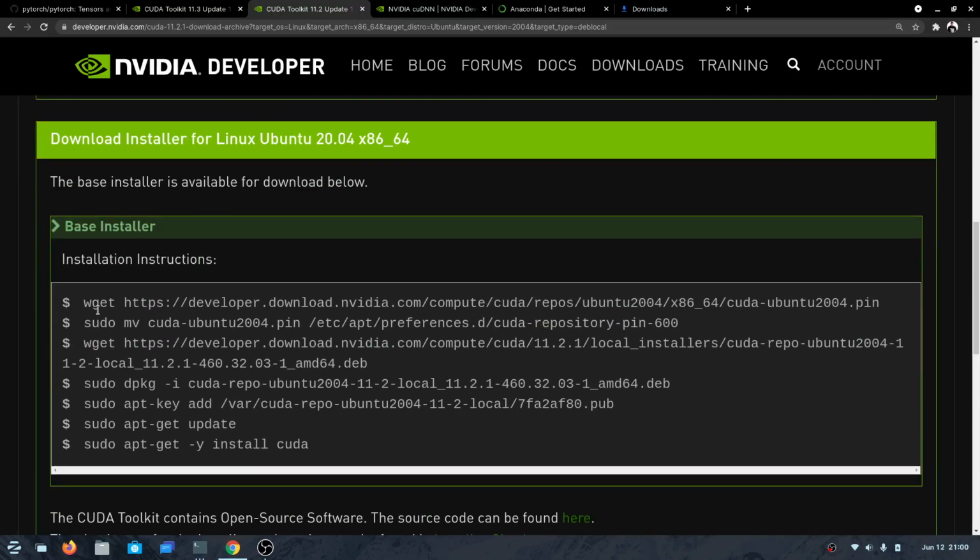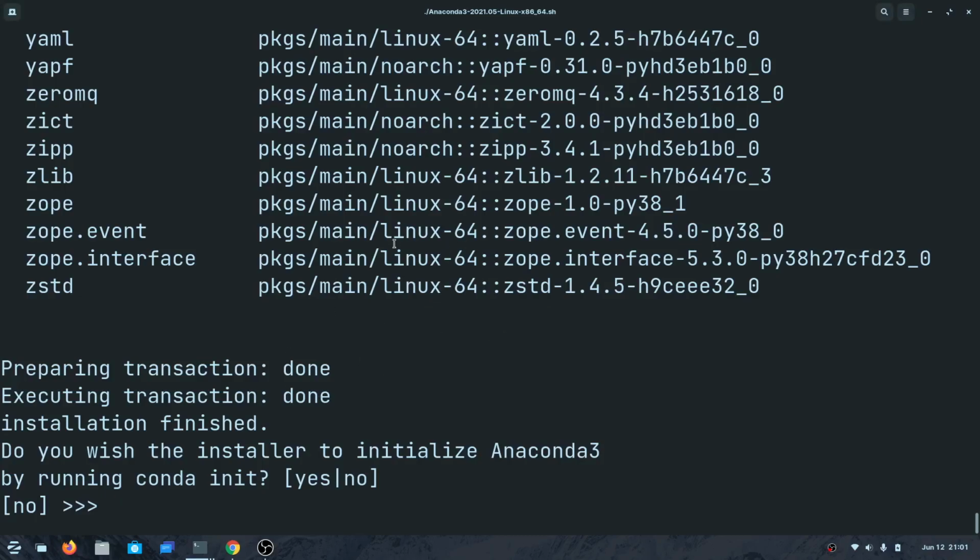All you need to do is just follow me along and copy these commands one by one, and then try to run them, right? But before that, we are on Anaconda. Let's try to see where we are at.